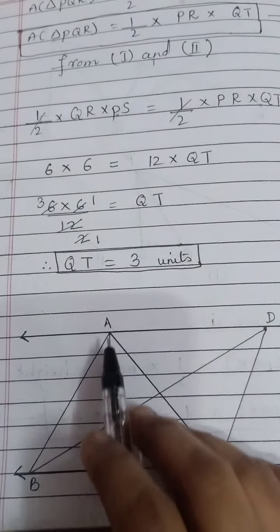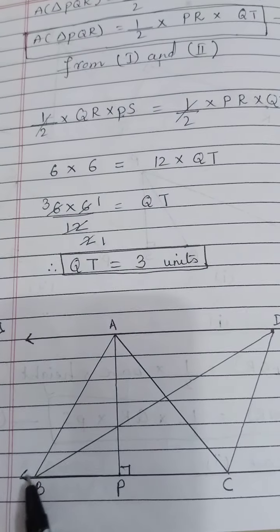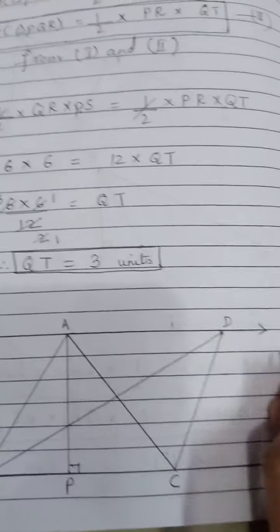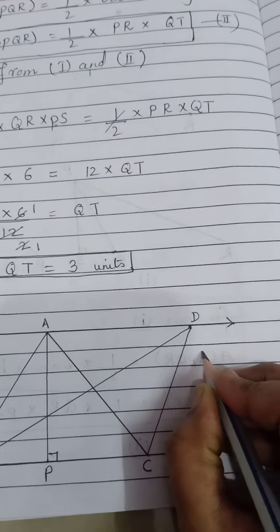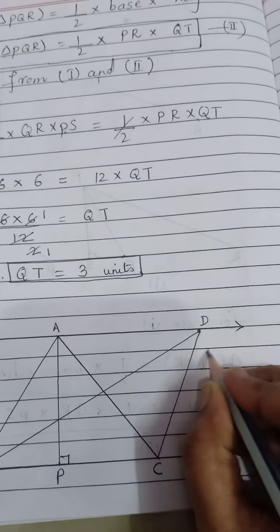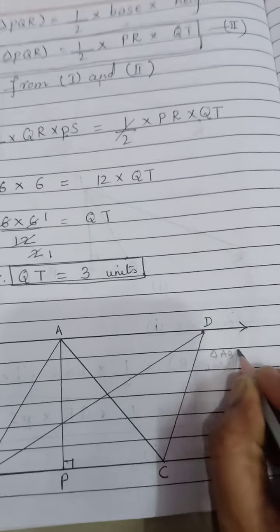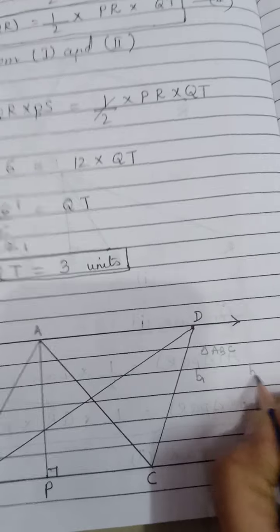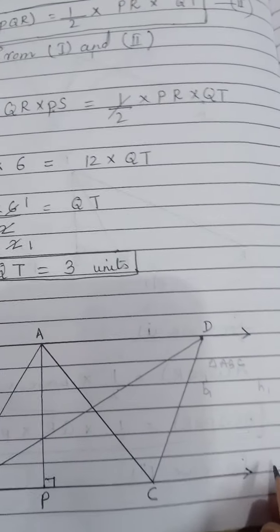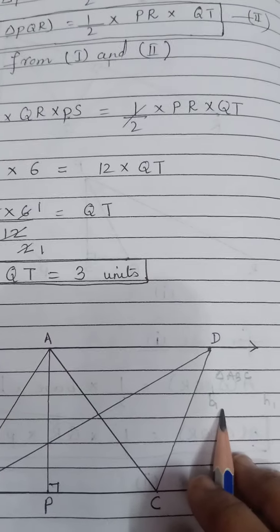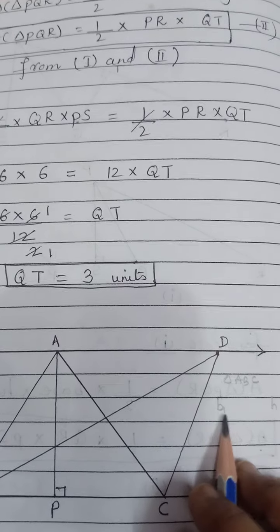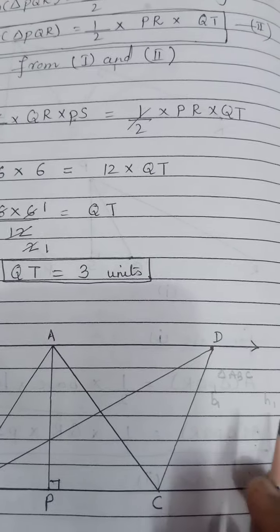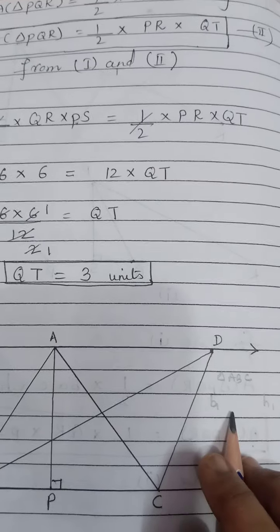First of all, we'll talk about the first triangle, that is triangle ABC. I have shown you the method of how to write. We will write the base and height for each triangle in rough. In this way, we can decide whether the two triangles have equal bases, equal heights, or nothing equal.